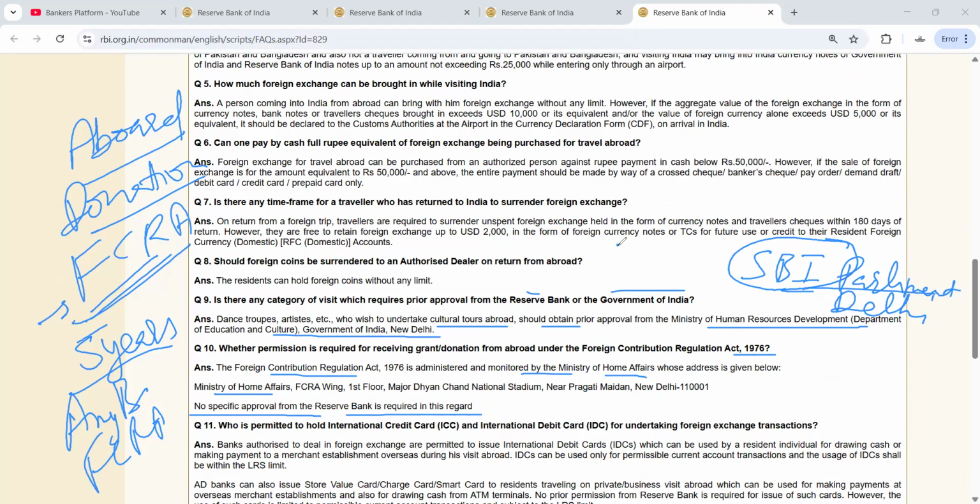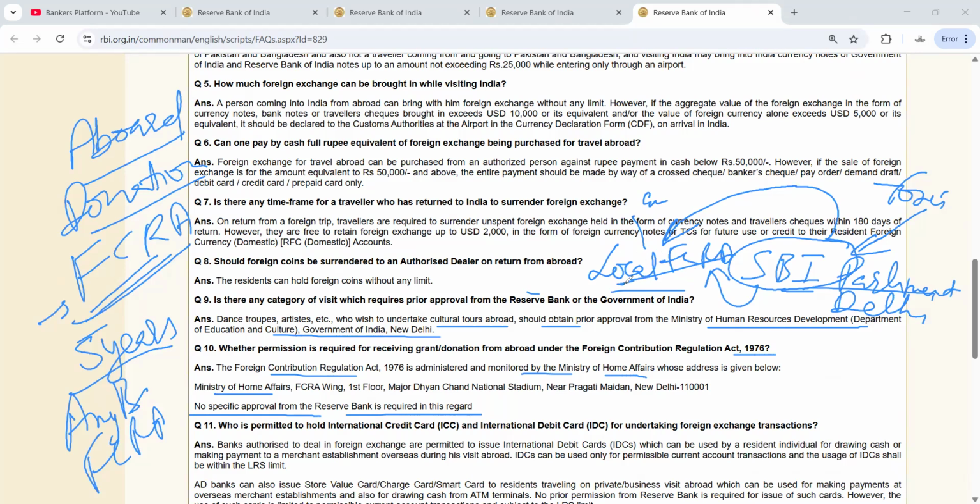So for their convenience, they can open a local FCRA account in which credit should come only from SBI. Suppose from foreign they are receiving the fund in the SBI account. Everybody cannot go to the SBI Parliament Street branch and do transactions. So from net banking or any instruction, they will transfer the fund to their local FCRA account